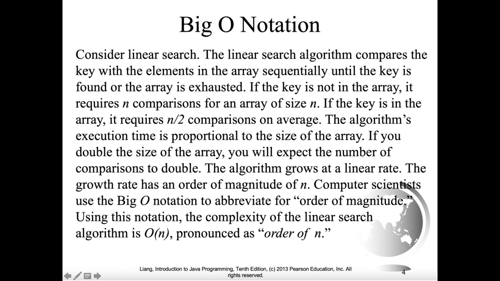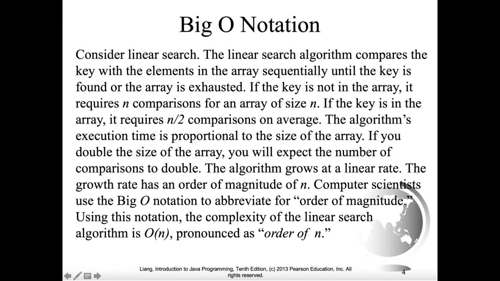And that's telling me that if the order of magnitude of an algorithm is n, that means this algorithm's growth rate is linear, which we know linear search does. It's order of n. We also know that for another algorithm, for example binary search, the order of magnitude is order of log n, right? And that means that